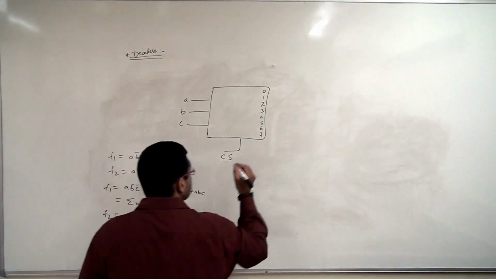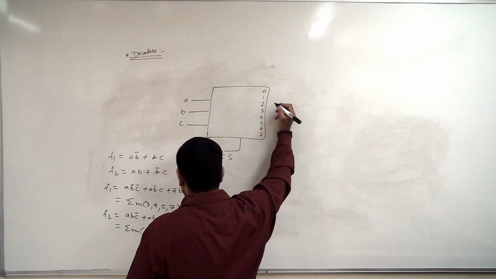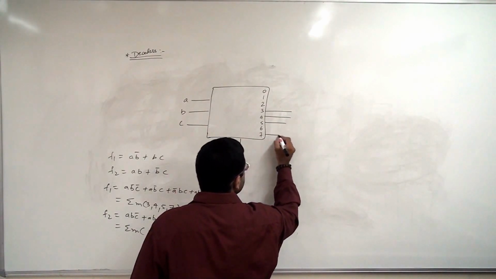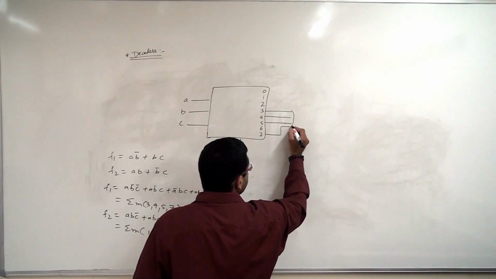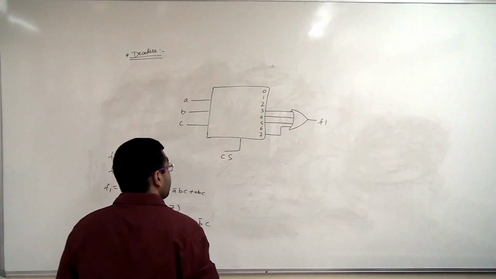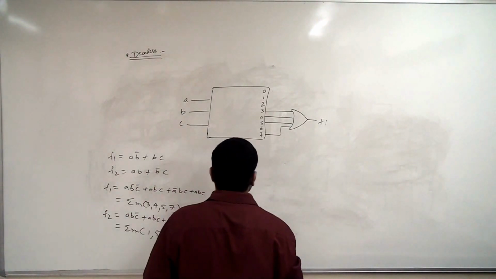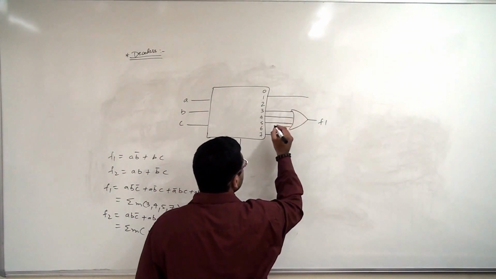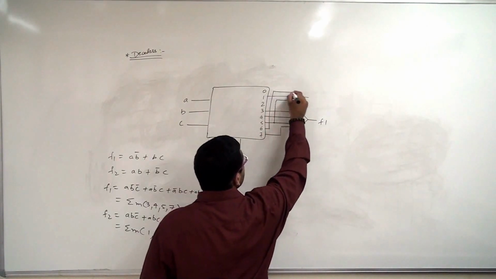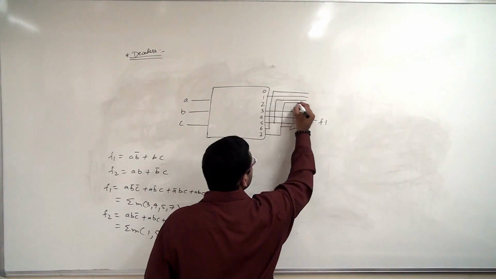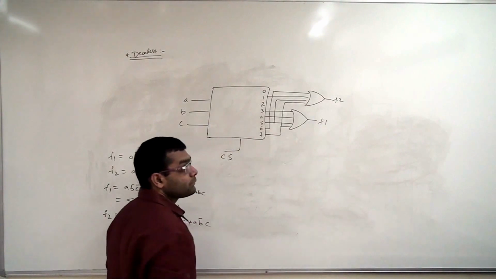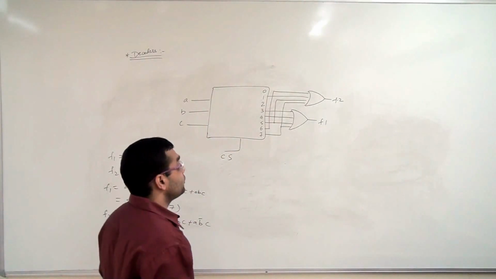So we have, first of all, for function F1 we have 3, 4, 5 and 7. And for F2 we have 1, 5, 6 and 7. This is how we implement the function using decoder and the external